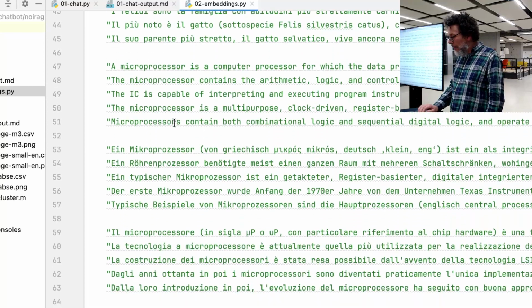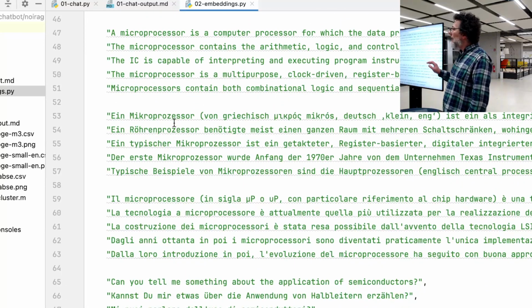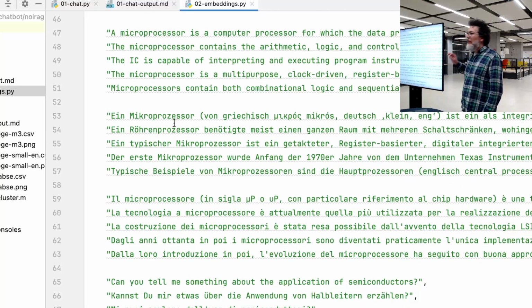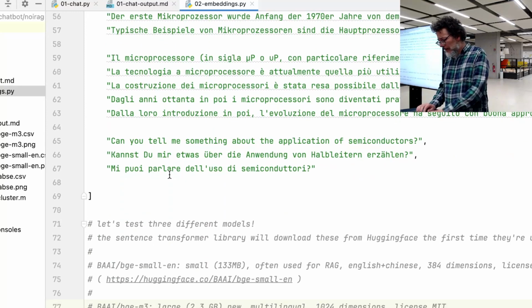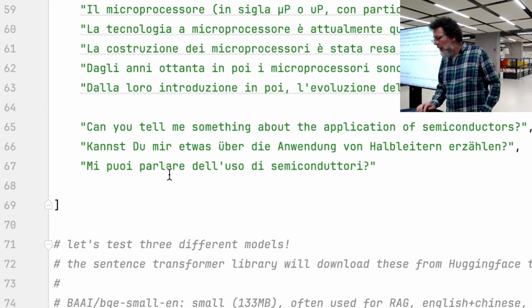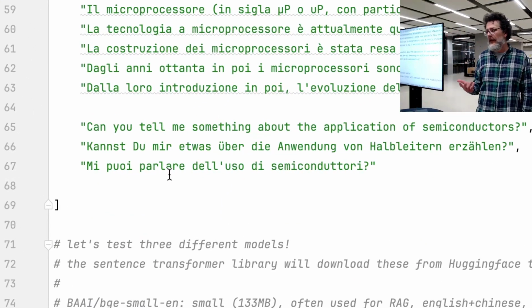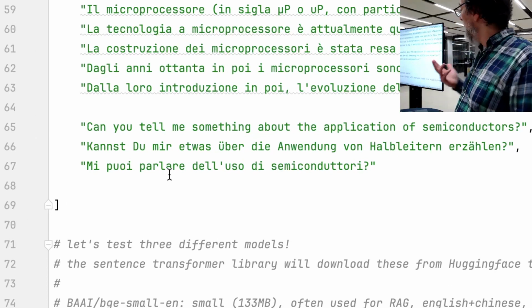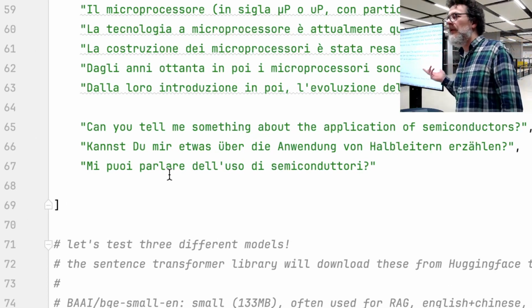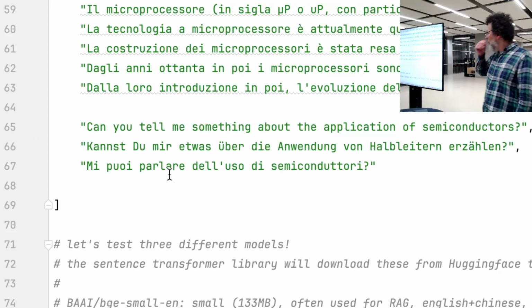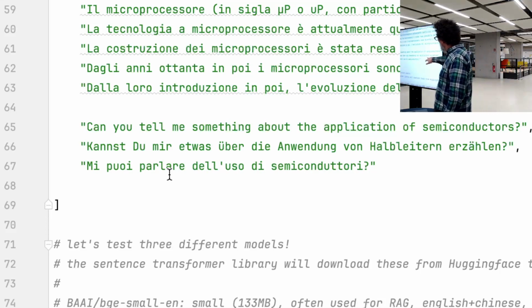And then I took, in the same process, the Wikipedia entry for microprocessor in 3 languages. And then I have 3 questions. The questions are about microprocessors indirectly. I ask about the applications of semiconductors. But the trick is, the word semiconductor or Halbleiter does not appear anywhere in this text, neither in the cat